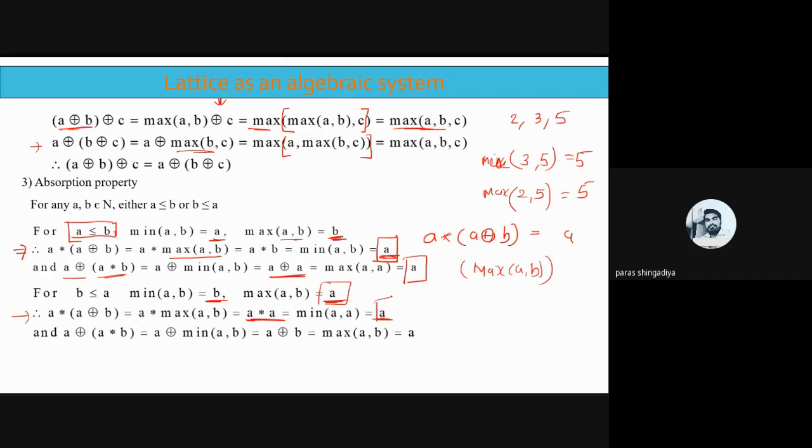Clear? That is a proof of the condition 1. And now condition 2 is A ring sum A star B. Okay, interchange the star and ring sum. Now A ring sum A star B, so A star B means minimum of A, B. Clear? That is the minimum of A comma B. And now the answer of minimum of A, B is equal to B. So just replace that, and the form will be defined as A ring sum B.